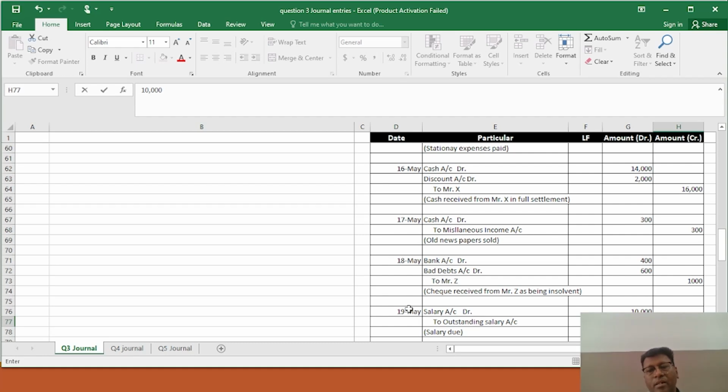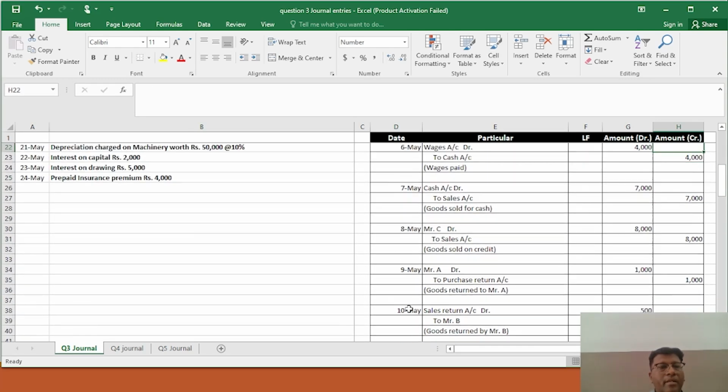So write down that if there is a particular case of due, that is the case of the outstanding, right? So before the particular head there is salary, so outstanding salary. If wages are due, then outstanding wages. If interest is due, then outstanding interest, right? So this is the case of the salary due to a clerk,